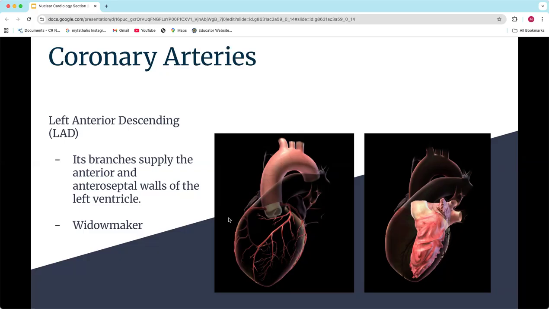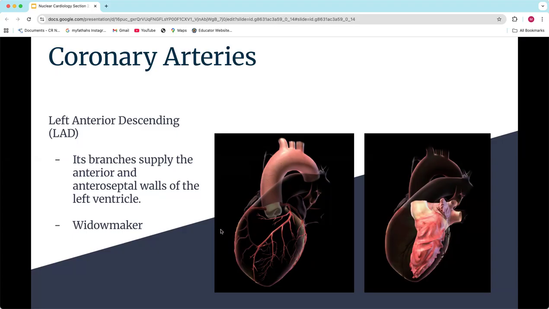Okay. So the LAD is the main artery that feeds most of that ventricle. It comes off, as I mentioned, swings to the anterior wall of the heart, and then swings towards the septal side. And that's what you're seeing here. It comes out towards the anterior of the heart and swings over here septally. Now, on this image where we can see the artery, keep in mind the left ventricle is mainly over here. So that's why I say it comes off anterior, then swings septally. Notice it doesn't come over here to the right ventricle. If you look just at the left ventricle and visualize those two on top of each other, you can see that it comes off anteriorly and then swings septal.